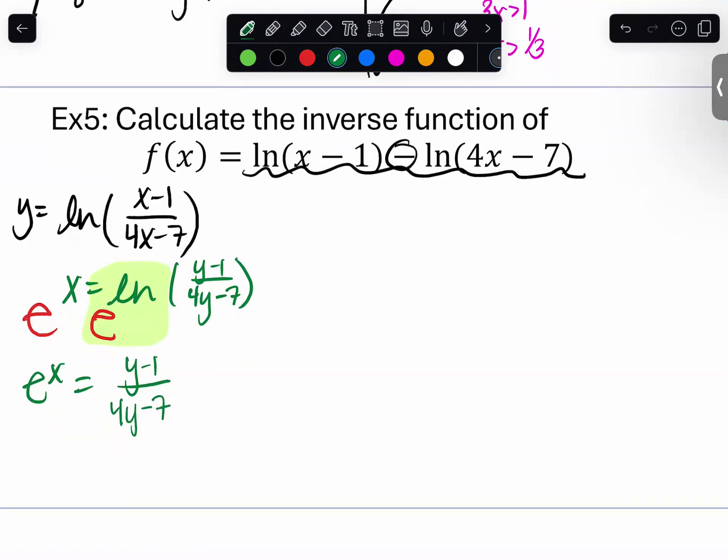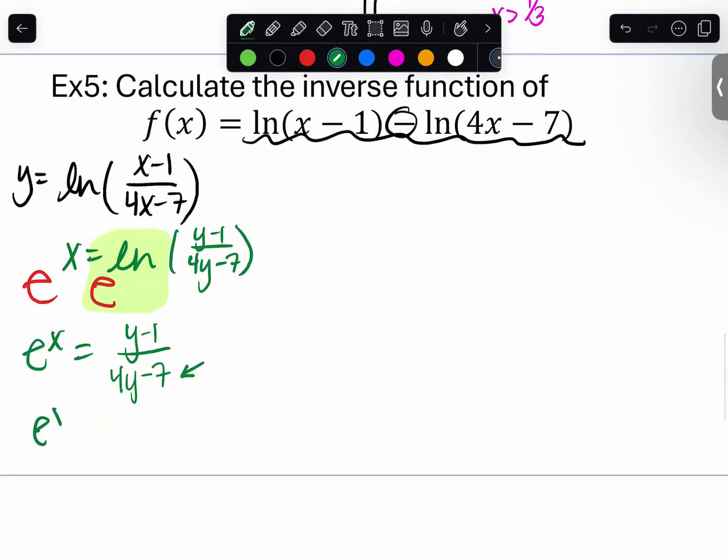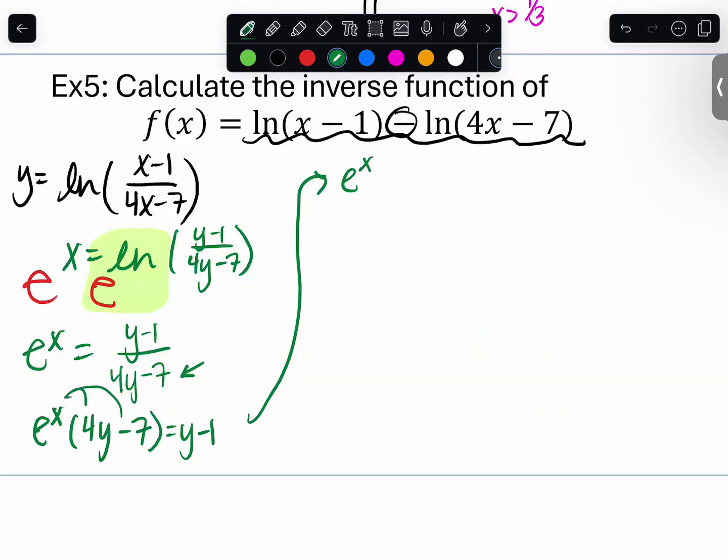Now I'm going to multiply each side by that 4y minus 7. So I have e to the x times 4y minus 7 is equal to y minus 1. Remember, my goal here is to isolate the y, so I want to eventually move all the y's to the same side of the equation. In order to do that, I need to first distribute that e to the x to every single term. So I have 4 times e to the x times y minus 7 e to the x equals y minus